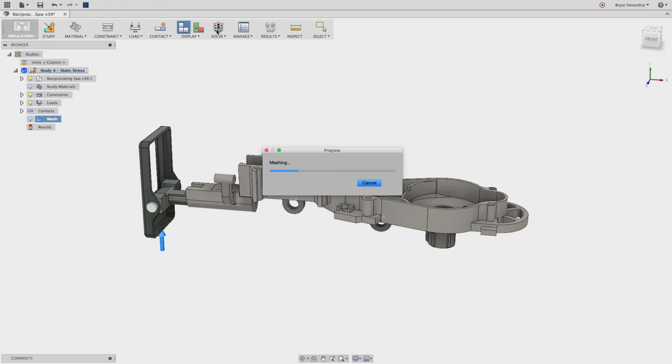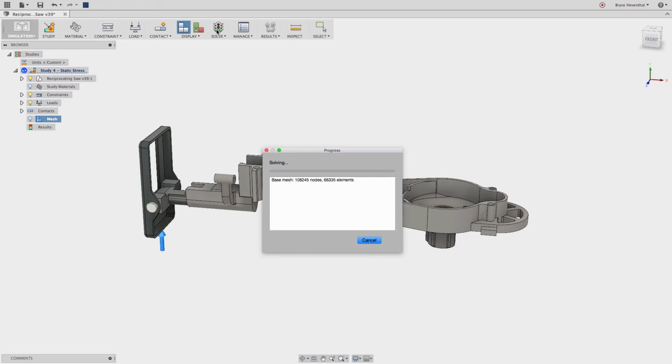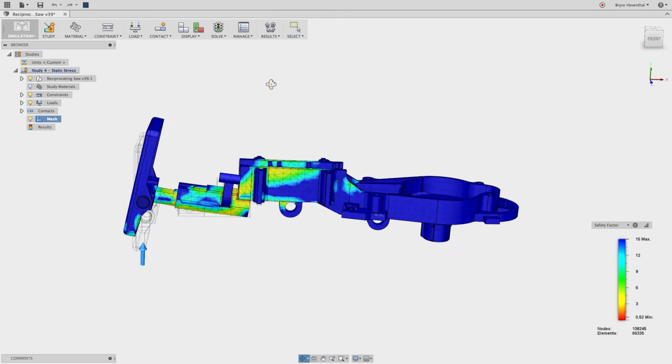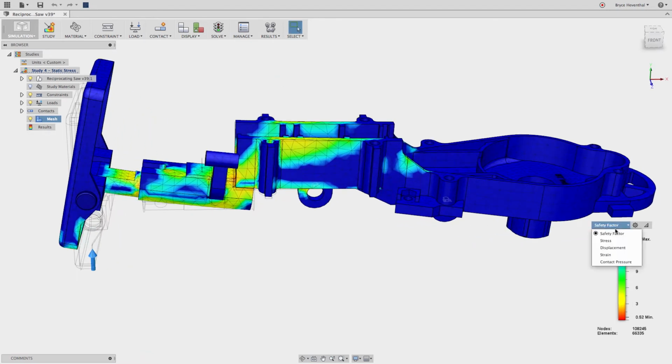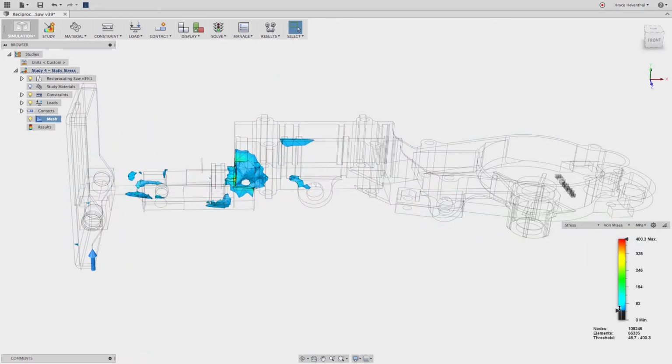So let's solve and let Fusion 360 analyze this design. Normally, we would want to ensure that our simulation converges on a stress value. In that case, I would turn on our mesh adaptation tools, which will refine our mesh in areas of high stress concentration. Now that Fusion 360 has solved our simulation, we can interrogate our results by looking at different plots,